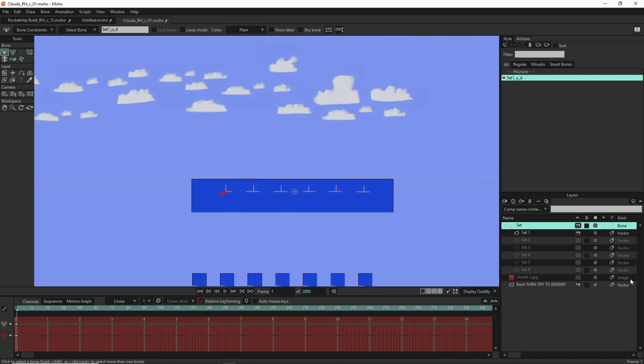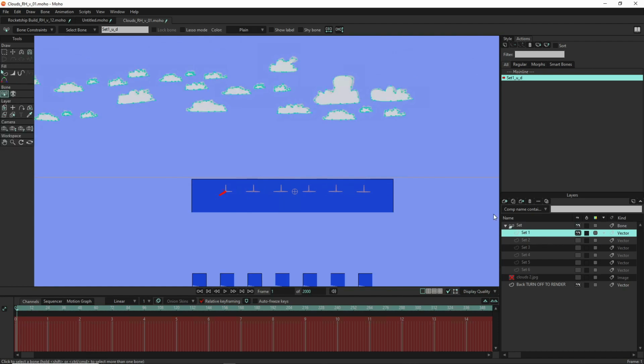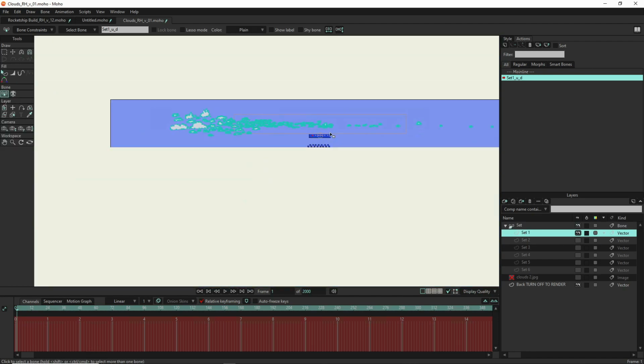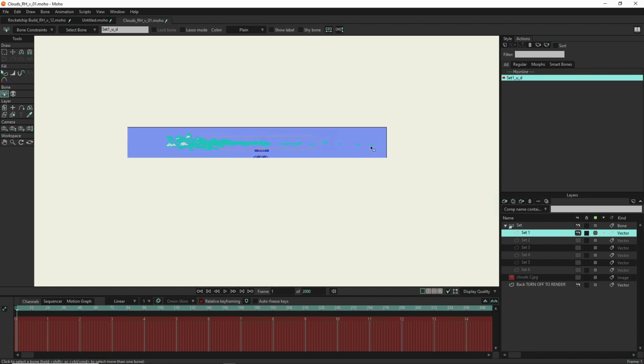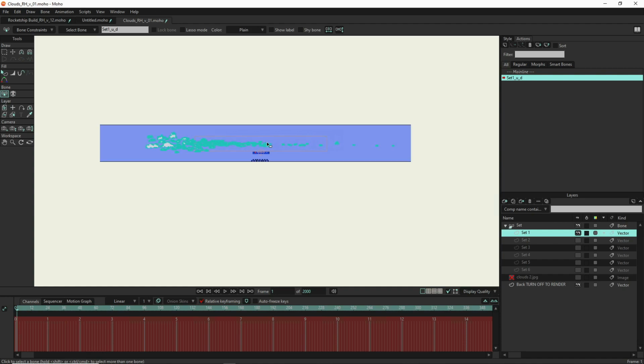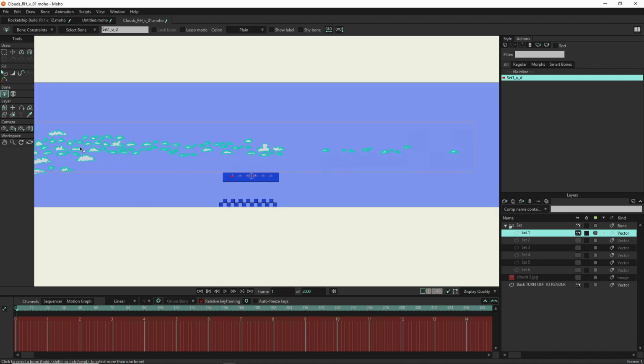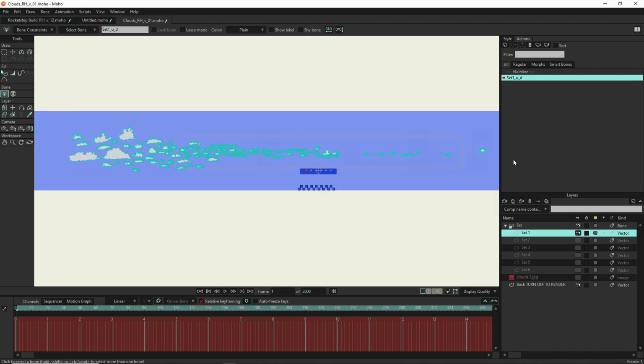So here we have our set 1 clouds, and as you can see, they're static image. They stretch from way over here to way over here. We are basically in the center of that full range. Over here we have a little bit of clouds. Over here we have a lot of clouds. That's all there is to it. The set 2 is reversed of that, and then there's shadows underneath. So now what we want to do is,